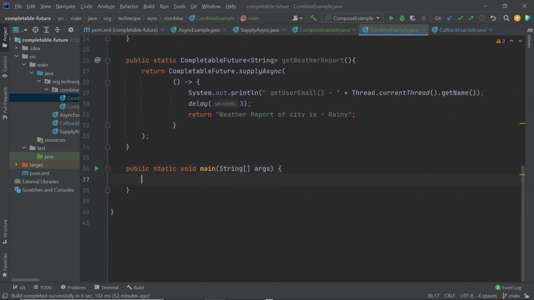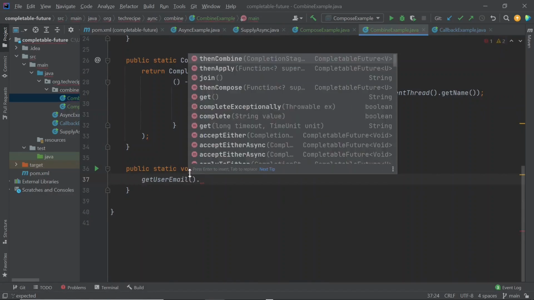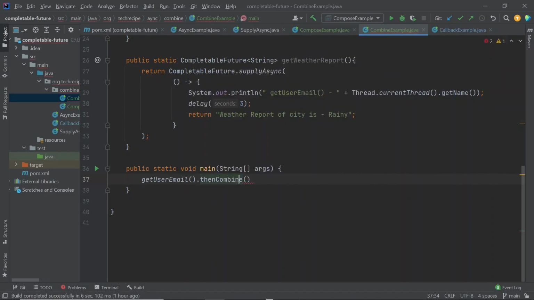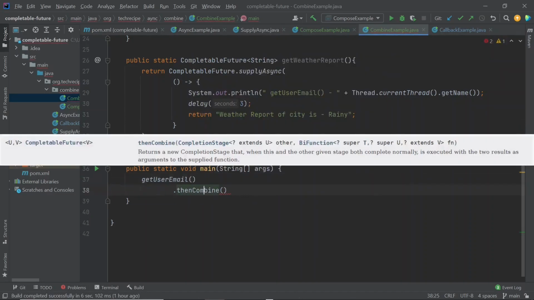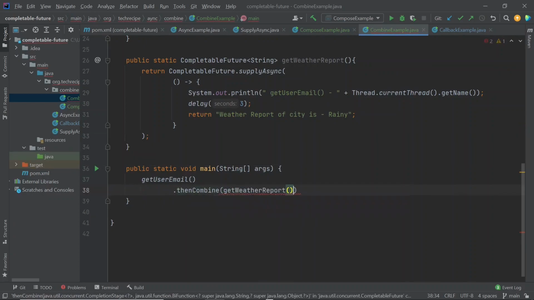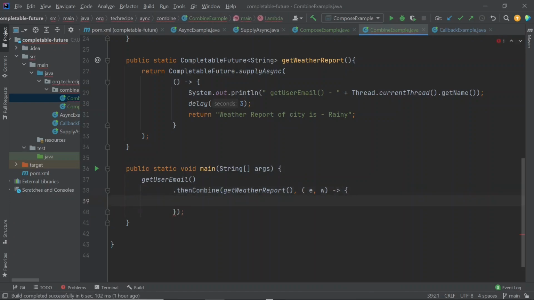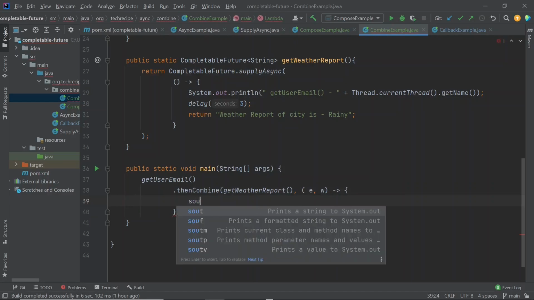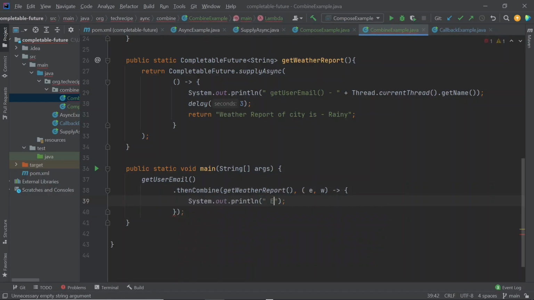So in the main method, we will call getUserEmail first and use thenCombine to run these two in parallel, so getWeatherReport in parallel. Now we need to pass a BiFunction here. This BiFunction will take the email as well as the weather report, which are the results of these two operations, as arguments. And in this, let us first print